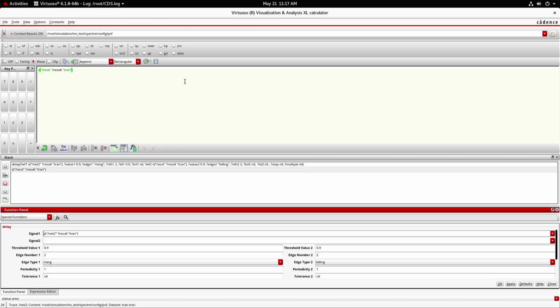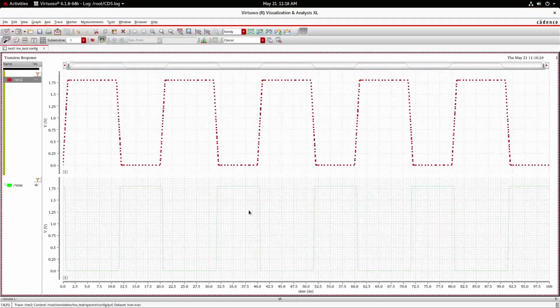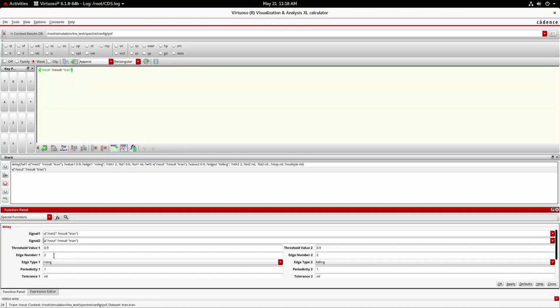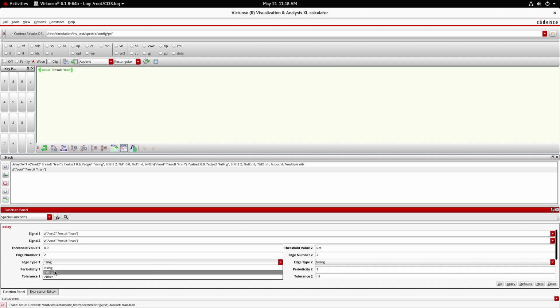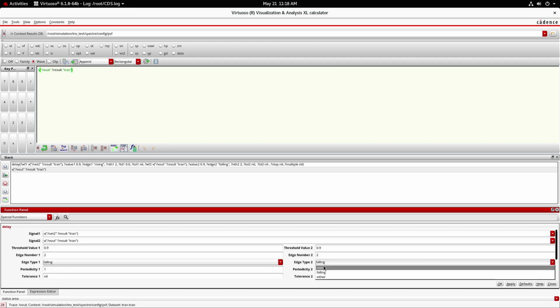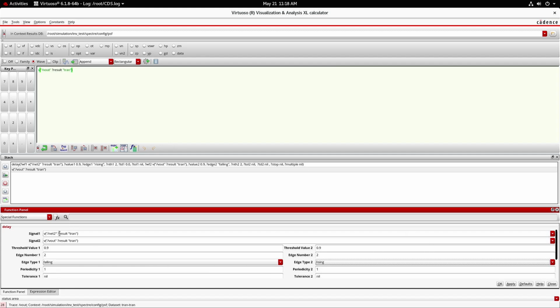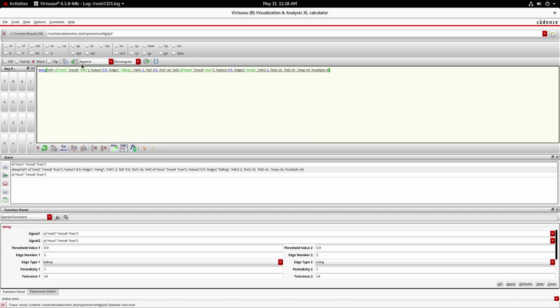That comes and sits in the signal 1 tab. Signal 2 should be output. Then the threshold voltage is 0.9 for both. Edge number is 2. Edge type is, initially I am going to do falling and rising calculation, so that I am going to get TPLH first. Input is falling, output is rising.